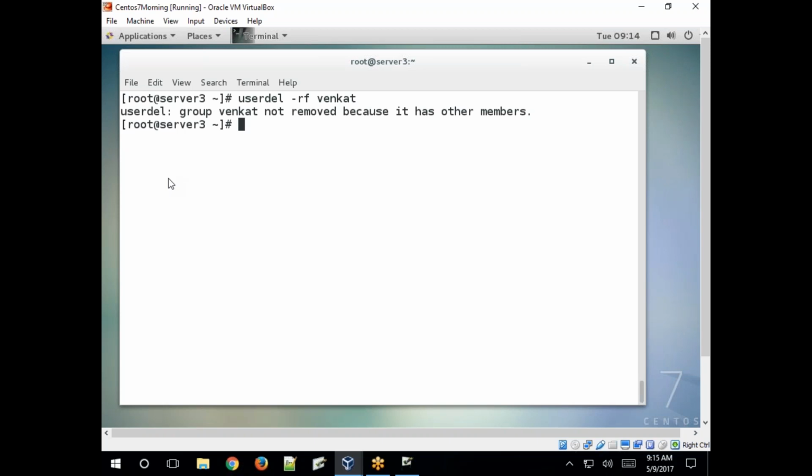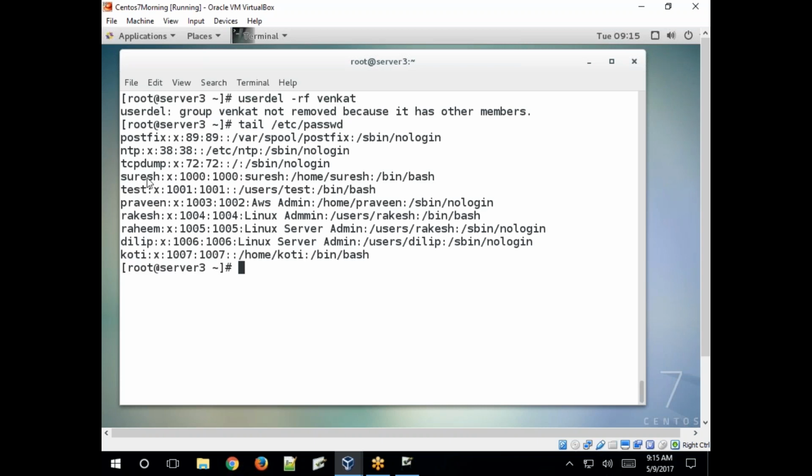So check tail /etc/passwd. See, Venkat removed, right? Venkat removed. So like this, remove all the users. Koti. Okay. Delete.